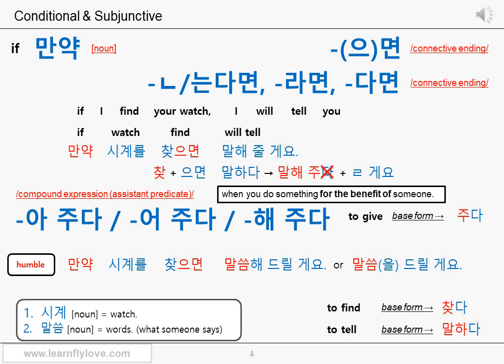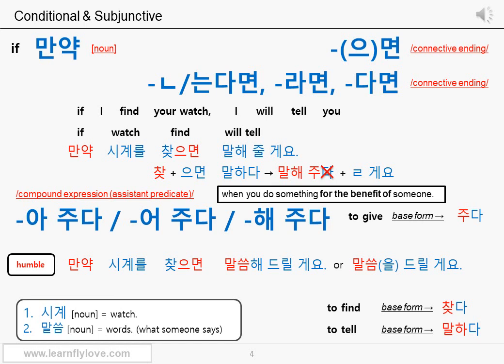말씀해 드릴게요. Or 말씀을 드릴게요. Or 말씀드릴게요. It looks like this part has been completely changed, right? We'll explain. This can be a little bit complicated. Please listen carefully. This part, 말씀해 드릴게요, consists of two verbs. The first verb is the main verb 말하다. Who's telling? Yes, you are telling. But you are talking to someone who deserves more respect.